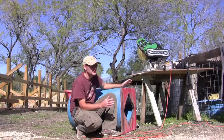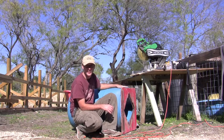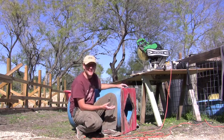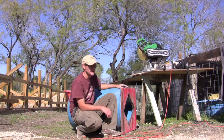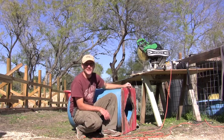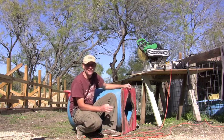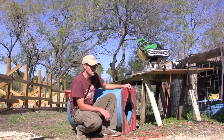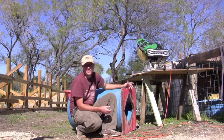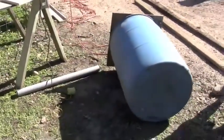Today I'm going to attempt to make a compost tumbler using this blue barrel and some junk, some miscellaneous items that I found around the farm. I have some scrap wood and some scrap materials, and I'm going to use plans that I found on another YouTube compost tumbler video. It's going to be a little different because I have different supplies, but let's see how it goes. So I have this blue barrel,